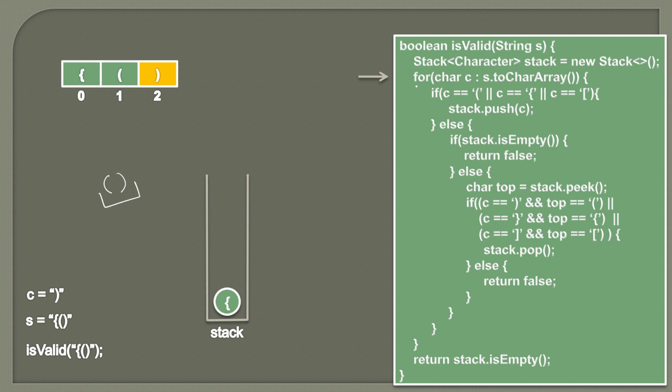Now here you can see that we have visited all the elements of this char array. So this for loop will terminate. And at the end what we return is whether the stack is empty or not, because if the stack is empty it means we have found all the proper matching brackets and the string is valid. But here in the stack we are left with one opening curly bracket for which we didn't find its same type of bracket. So therefore the stack is not empty. So stack.empty returns false. So we can directly return false, stating that this input string is not valid.